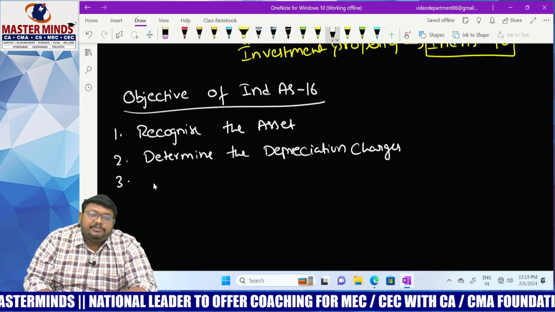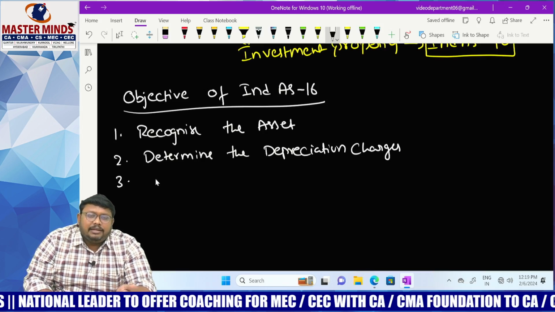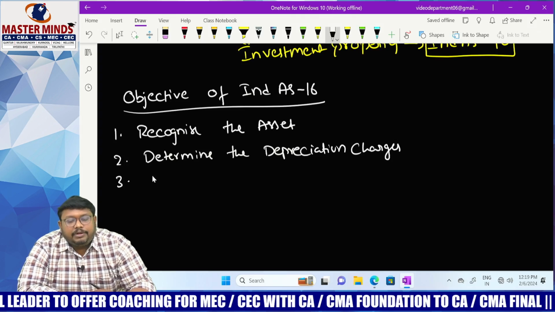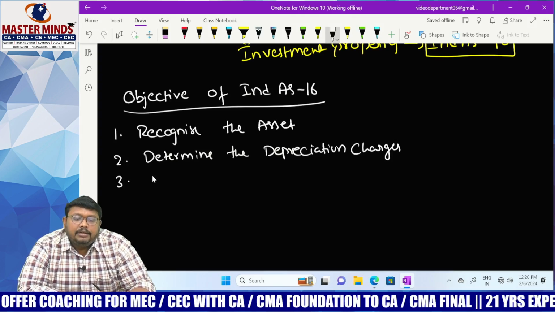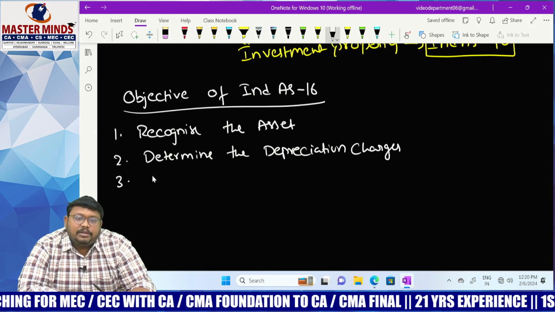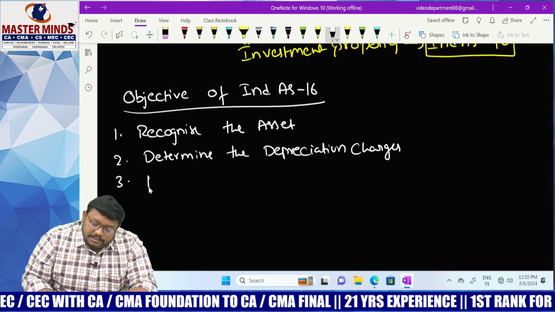In our old language, we call it book value, but in Ind AS language, we call it carrying amount. Carrying amount is nothing but the balance sheet value, the book value only. For example, the asset is 1 lakh in the first year, with 10,000 depreciation. What is the book value? What is the balance sheet value? 90,000. That 90,000 only we call the carrying amount. So, determination of